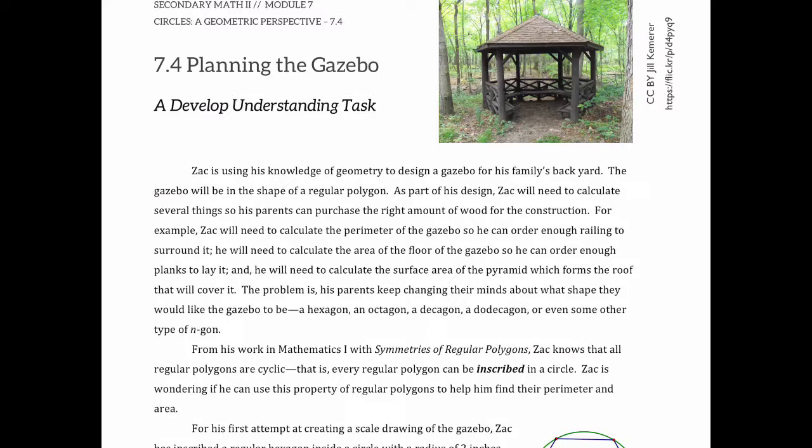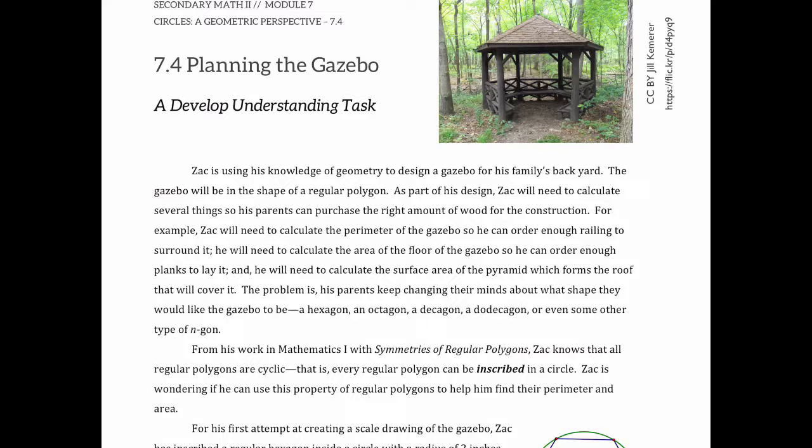The gazebo will be in the shape of a regular polygon. As a part of his design, Zach will need to calculate several things so his parents can purchase the right amount of wood for the construction. For example, Zach will need to calculate the perimeter of the gazebo so he can order enough railing to surround it, and he'll need to calculate the area of the floor of the gazebo so he can order enough planks